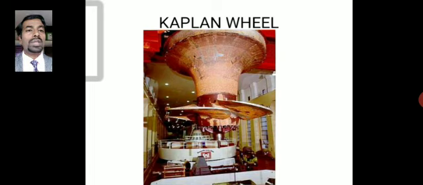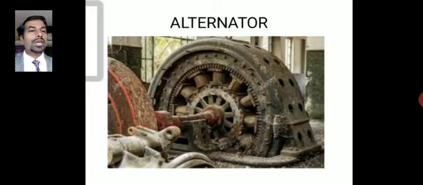Basically what happens is when the water strikes these wheels, power is generated due to the rotation of these turbines. And these turbines are connected to the electrical equipment. This is called the alternator, or the generator. So when these huge coils rotate in a magnetic field, they produce electricity, and this electricity can be stepped up or converted to a higher voltage, and it can be transmitted, or it can be connected to the grid from where we get the supply at home.